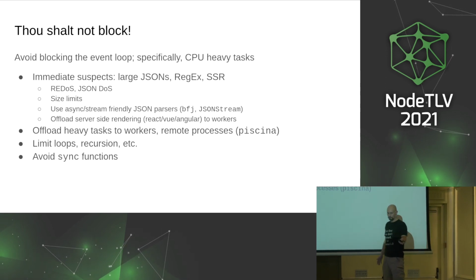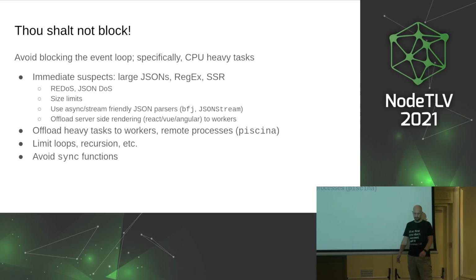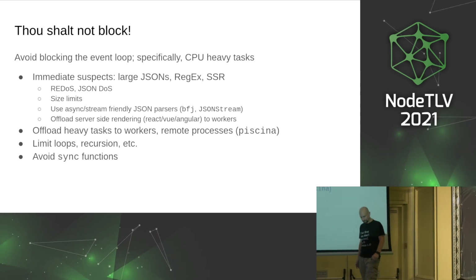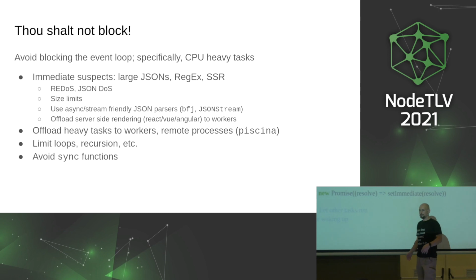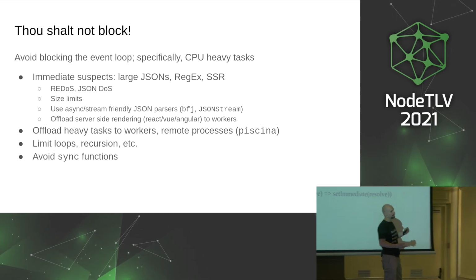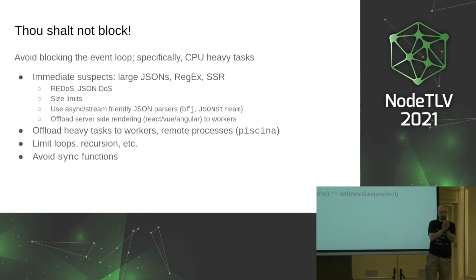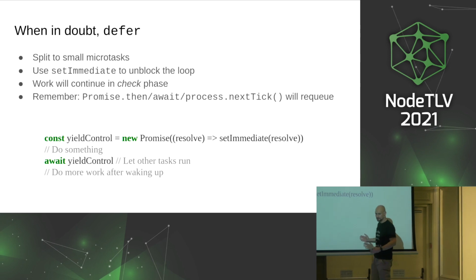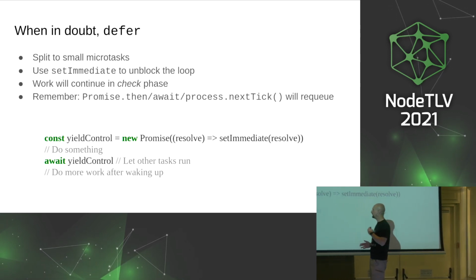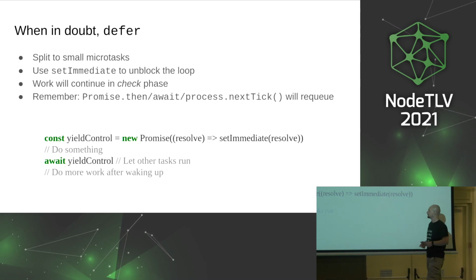So what do we do? There's a number of modules that can help with this. I've put some here, okay? Basically modules that process JSON in parts or do this asynchronously. Or they offload to thread pools or remote processes or workers, also a very nice thing to do. When you are in doubt, when you have something very large that you need to do, you want to give Node.js a chance to advance to the next phase.